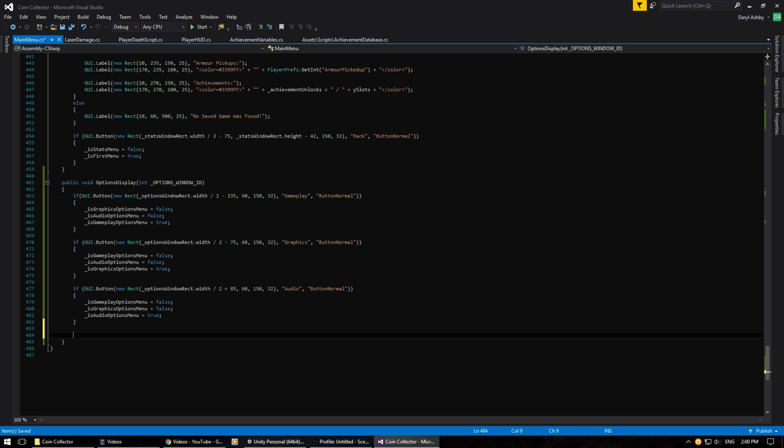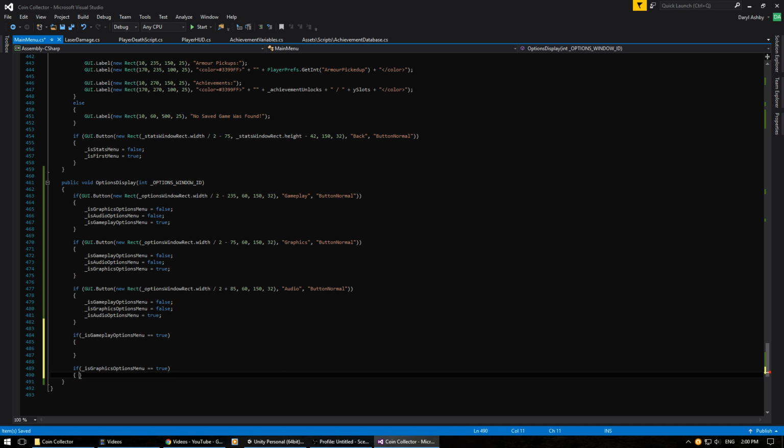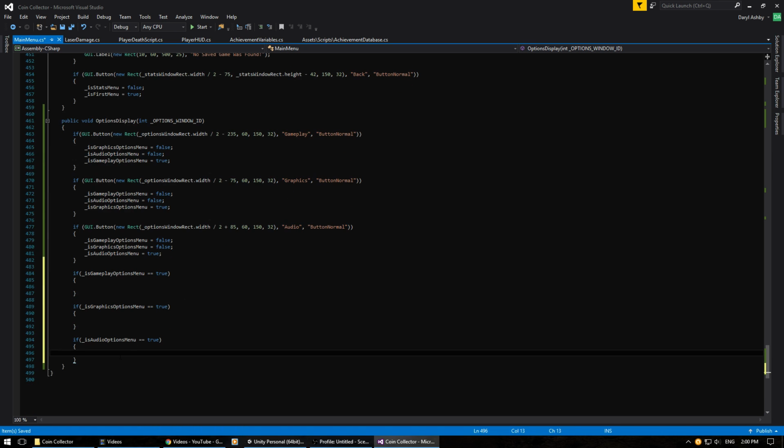Now below these buttons we want to do 3 if statements. Say if _isGameplay equals true, if _isGraphicsOptionsMenu equals true, and then if _isAudio equals true, and there we go. And then we need to do one last button, which will be if